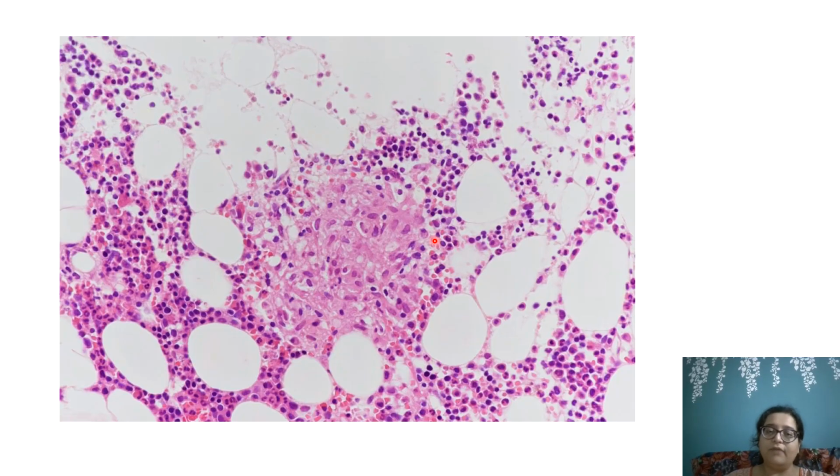Most commonly, the infective granulomas have a collarette of plasma cells and lymphocytes. Necrosis is not that common. Now, this is an ideal picture. A lot of times what we get is just this much. In my section, I got just this much, and then I had to raise a doubt that this could be a granulomatous disorder leading to pancytopenia.